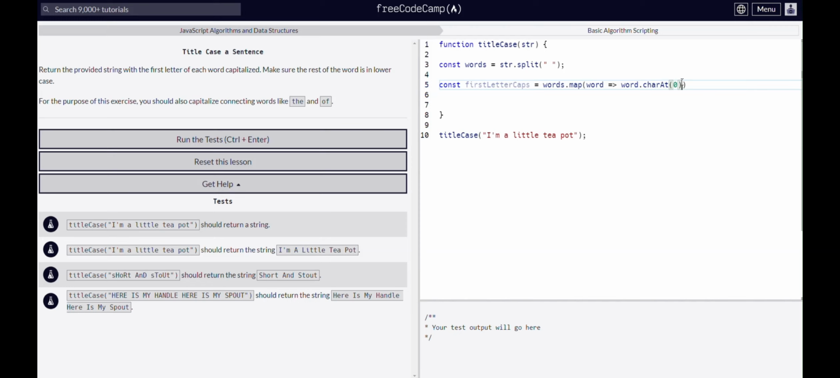Now that we've got the first character, what do we need to do with that first character? Well, we're going to ask it to make it toUpperCase. And obviously the reason why I could do this all in one line is because it is method chaining, as I believe what it's called off the top of my head. And then we're going to say plus word. Now we're going to say dot slice,